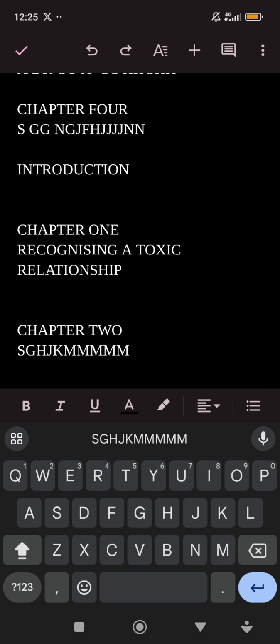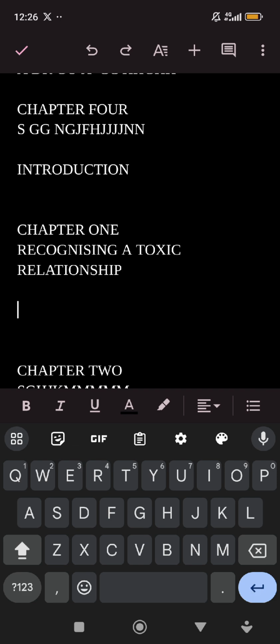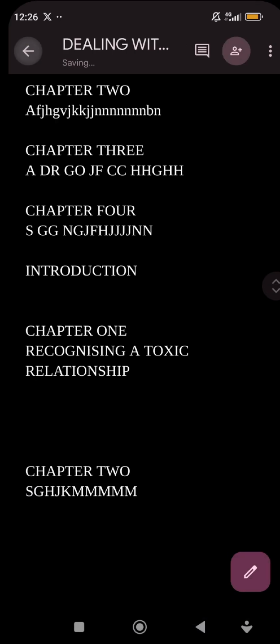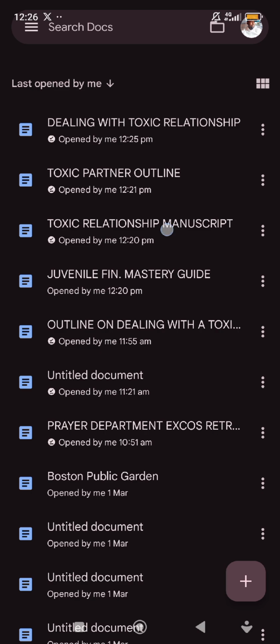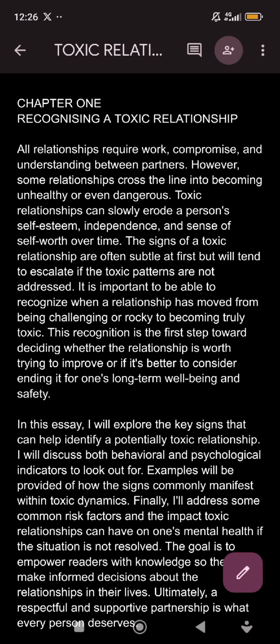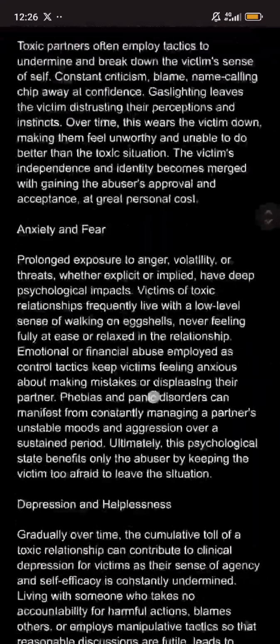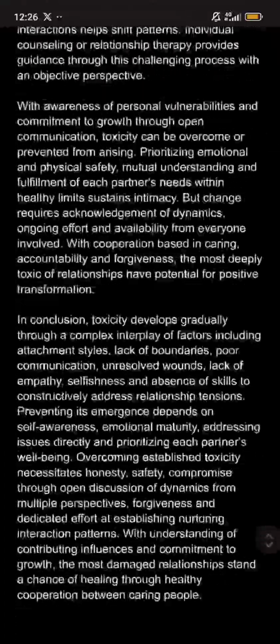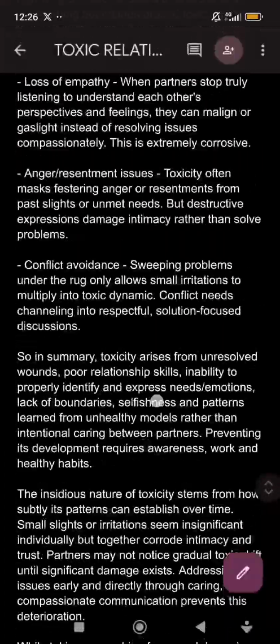Of course, when I say chapter one, I will come down. Where is my chapter one? I will go back. This is chapter one. But there's something I want to do. I don't want this chapter two to interfere.